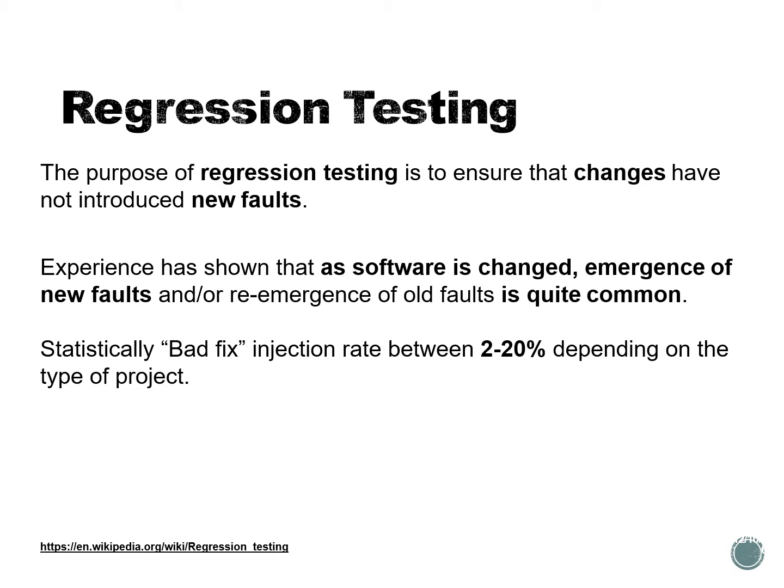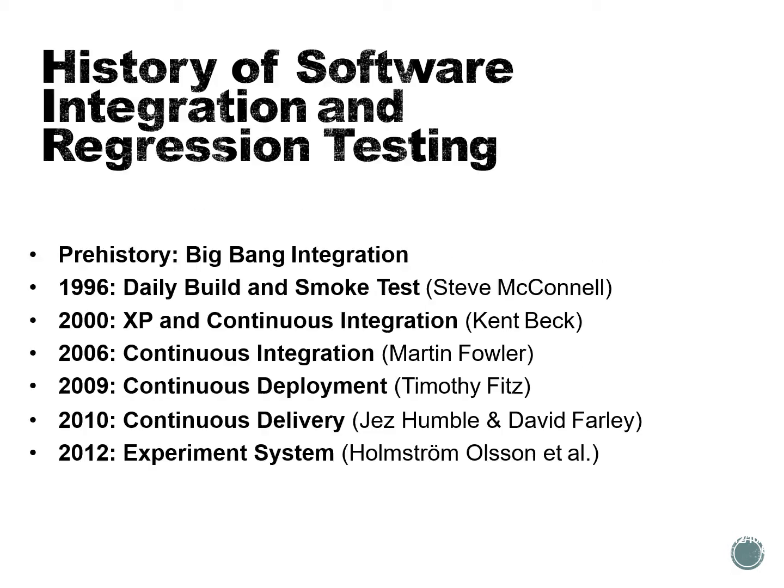But anyway, to ensure that we catch the bad fixes easily and quickly, we need to do regression testing. Basically, the name means that we just check that we are not introducing new faults or breaking anything that was once already fixed. And of course, this leads to live development. The idea that you can keep the system online and still make new changes and additions, and the customers, because they are using your software or product as a service,